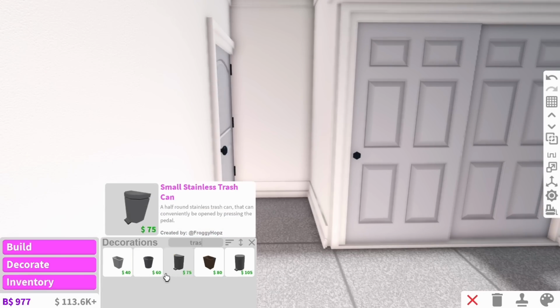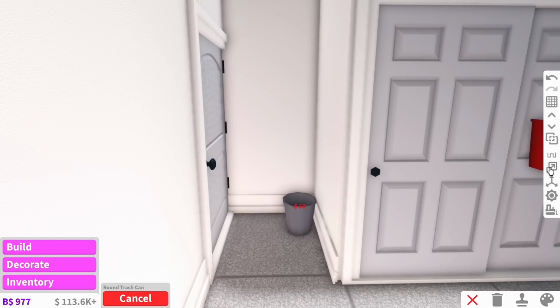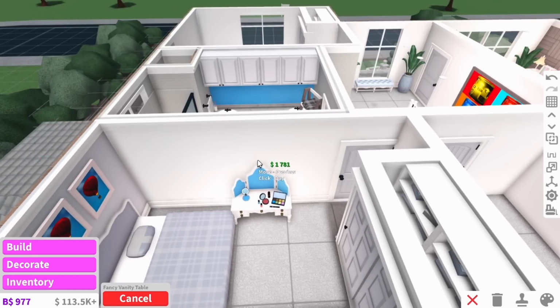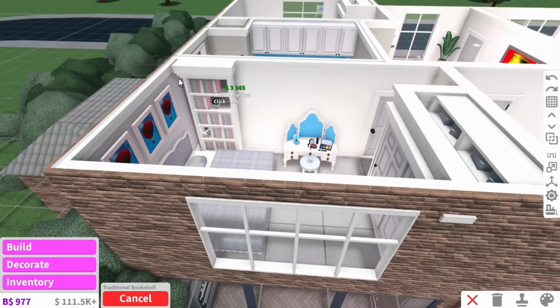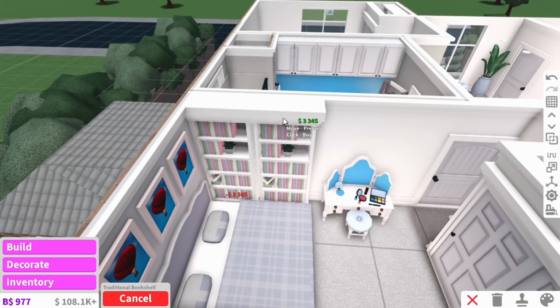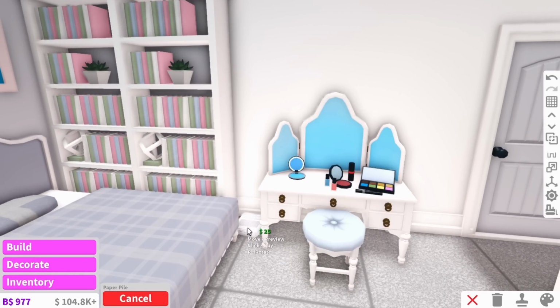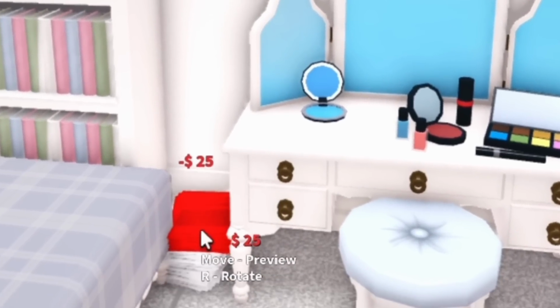I almost forgot, she has not a trash can here, but it's like a laundry basket. Am I dumb? They literally have a laundry basket. There's also a vanity along this wall here. And I'm not gonna lie, she does not have bookshelves in her room, but I'm gonna add them because otherwise it looks a little bit bare. And not to shade her, but all her homework that she doesn't do is on the floor next to her